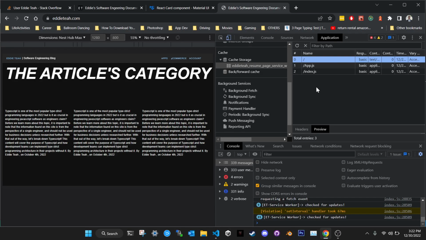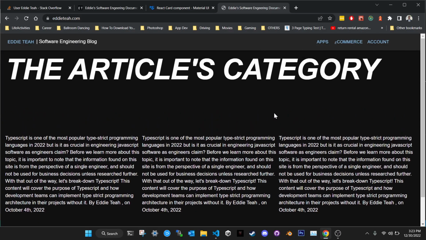Basically, the application will check for the local cache file and also search online for the other file. When the file comes in, or there is no file, it will check to see if there's a cache file and serve that, or it will serve the file that was fetched from online. Yeah, service worker is a really good thing.